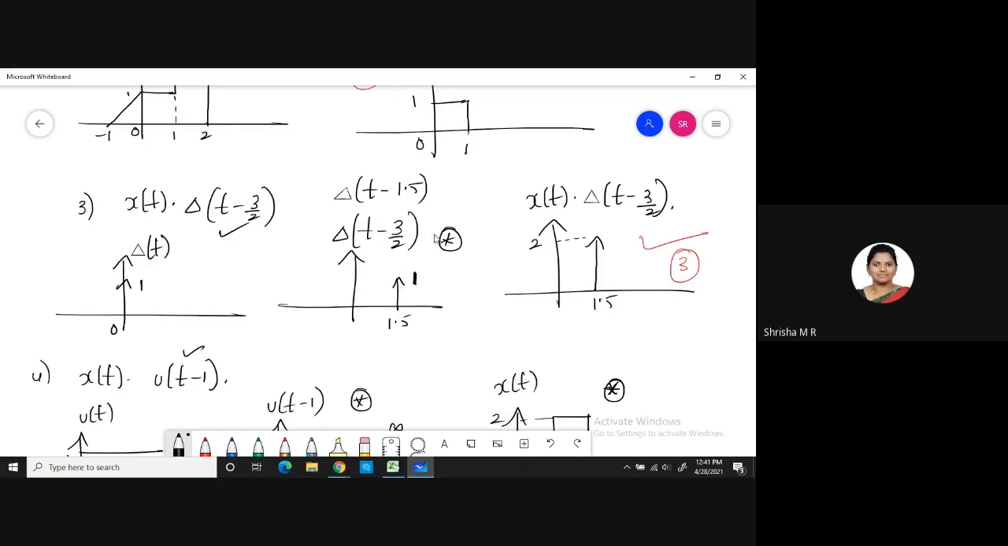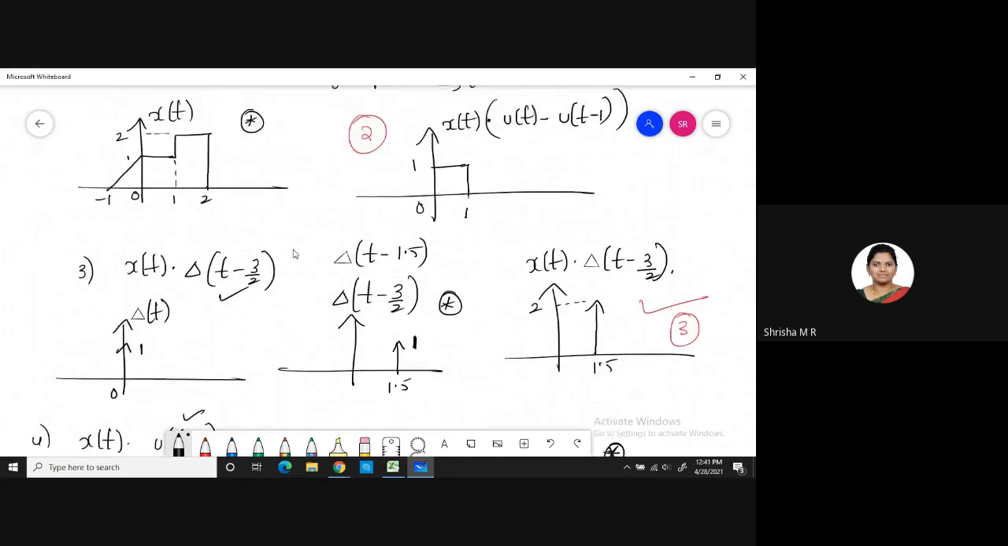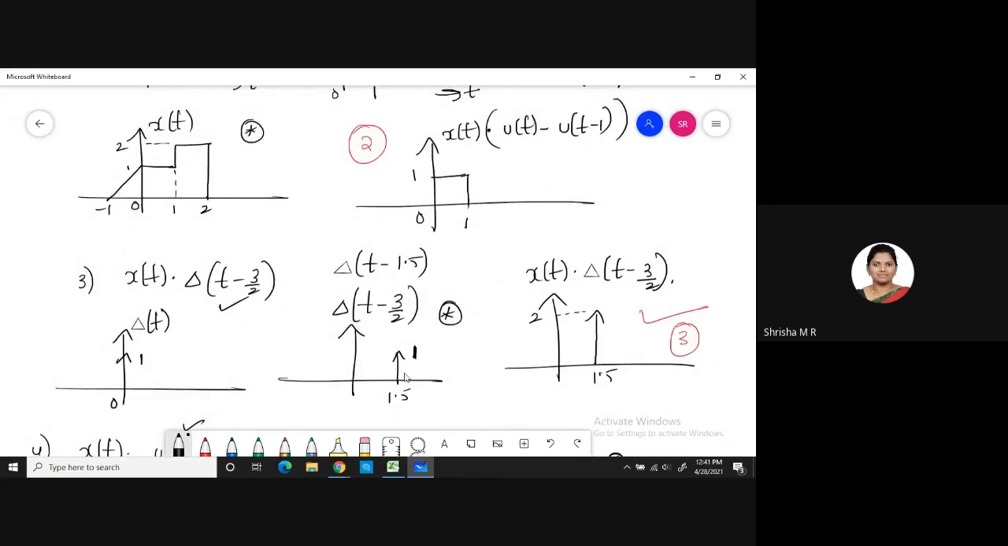Now you have to multiply this with x of t. Where is our x of t? This is our x of t. So check the amplitude. If you have a unit impulse at 1.5 and you multiply that with x of t, you have to check what the x of t value is at 1.5. At 1.5, which is midway between 1 and 2, you have an amplitude of 2. So 2 into 1 would be 2 at 1.5. So this is your